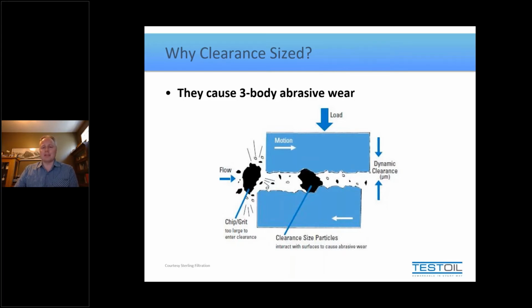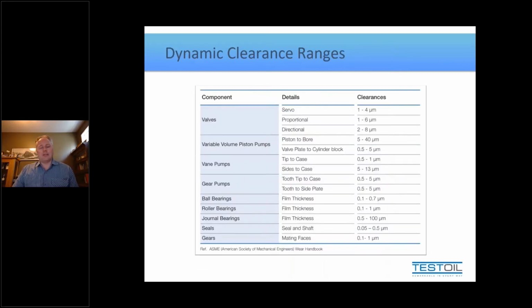And just to show you what I mean by this, take a look at this chart here of dynamic clearances common in many different machine parts, and you will see that 1 to 5 range encompasses most of this list. 2 to 22 might get a little bit more of it, but ultimately most clearances are under that 5 micron value. So you can start to appreciate why we have to worry about particles in such small sizes, because it relates to the clearances in the machinery. And these are particles, again, that we can't see, we can't feel.